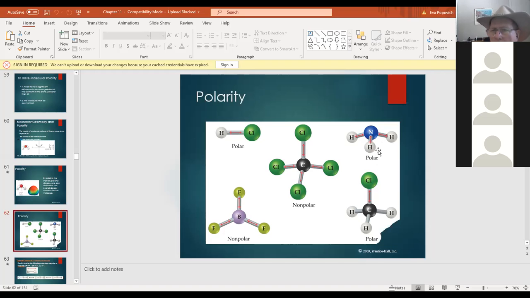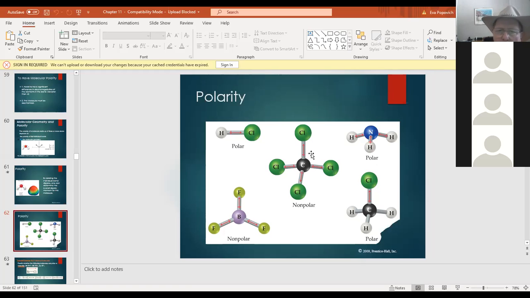It's asymmetrical. Asymmetrical. If you look at this, the top half of this molecule doesn't have 3 hydrogens coming out of it, does it? Right. So if it doesn't have the 3 hydrogens coming out of the top, it's going to be asymmetrical. Again, polar bonds. Now, if I look at carbon tetrachloride, which is in the center here, Ian,